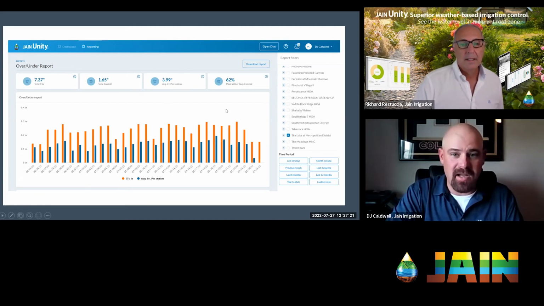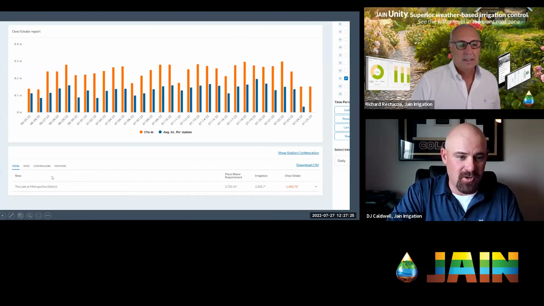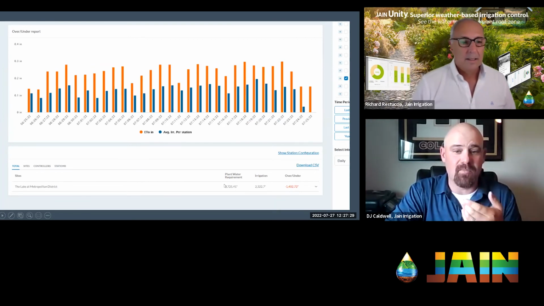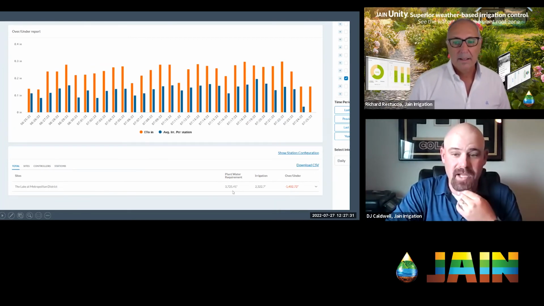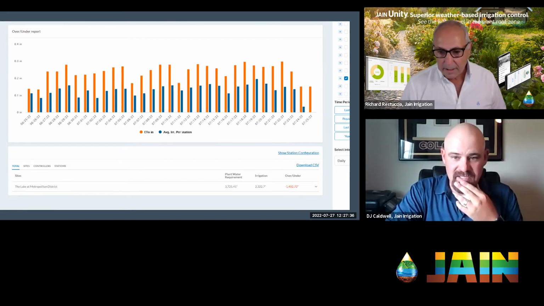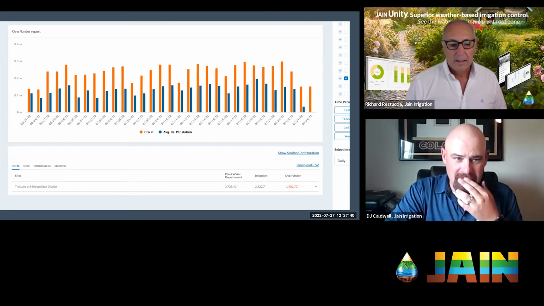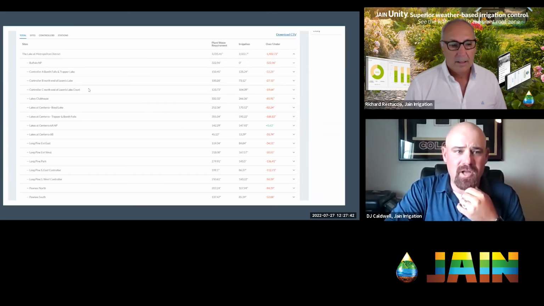But on this controller, just out of curiosity, I wanted to take a look. So I went ahead and scrolled down. I can see the total number of plant requirement. Again, this is a very high number compared to what I had at my house, because they do have 25 controllers on the site. And you can see the significant amount of savings that they've had in inches. But then I want to dive down a little bit further, and I wanted to see what each controller is doing